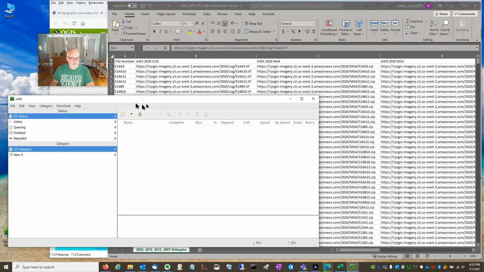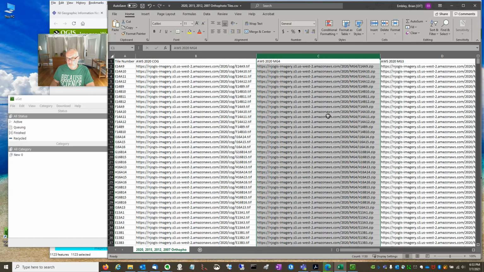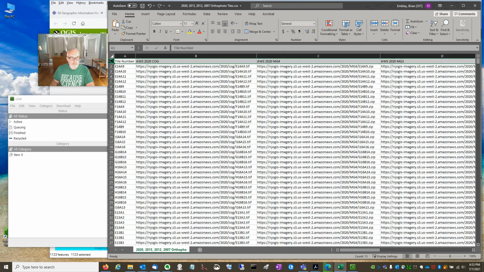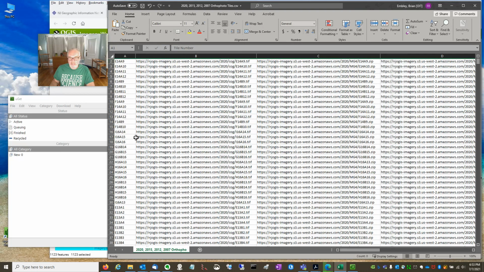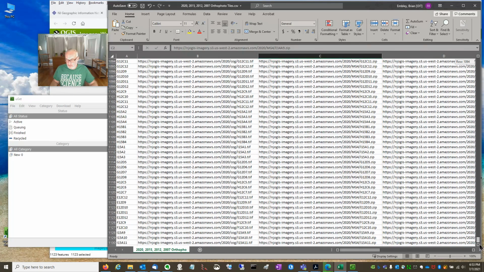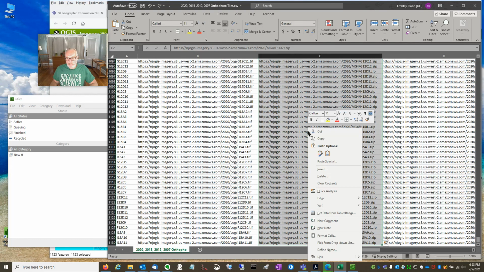The fastest way to do this is we go back to our spreadsheet. You see I've got the tiles in this column, the tile numbers rather. And then these are the 2020 COGs, and these are the 2024 MrSID MG4s. I want all the MG4s. So if I can copy them to the clipboard, I can paste them into UGet, and UGet will go get them for me. So let's hide that first column. And then I'm just going to select everything in column C here, all the way down to the bottom, shift, click. I've got 1,129 things selected. I'm going to copy,